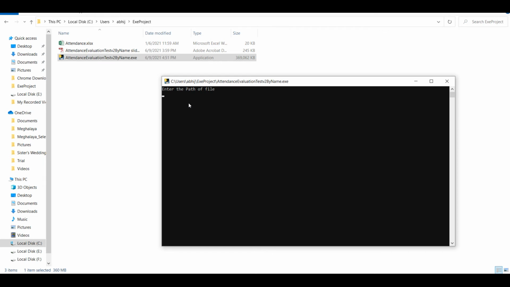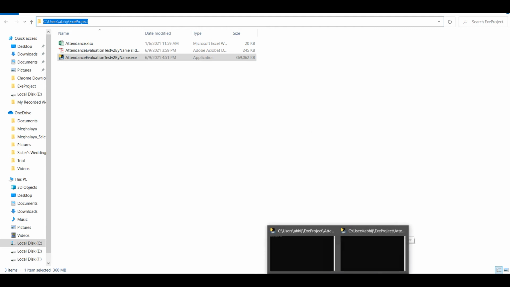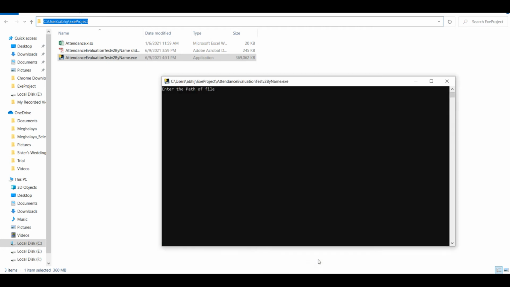Now here the path of the file is this location, so I am copying it. Then all I have to do is go to this window and give the location.